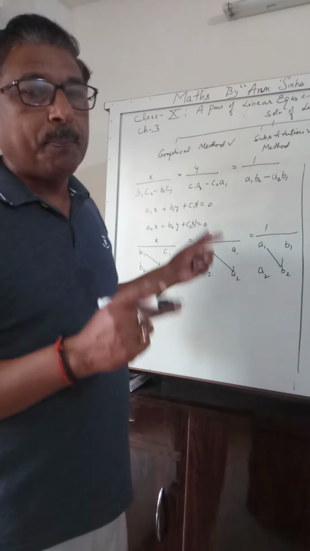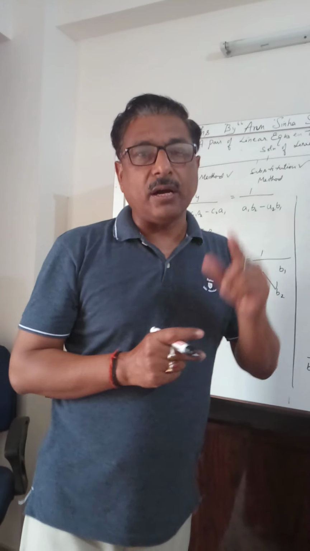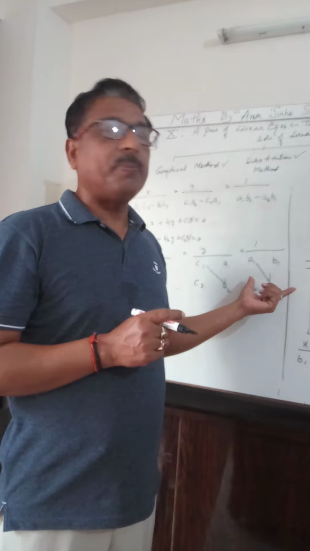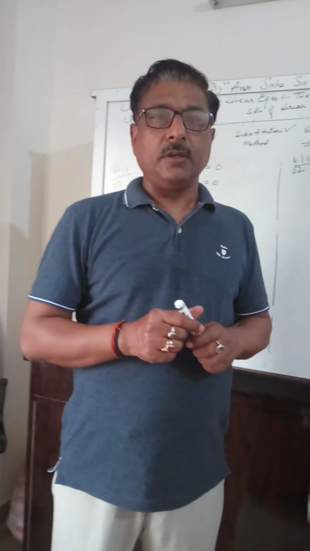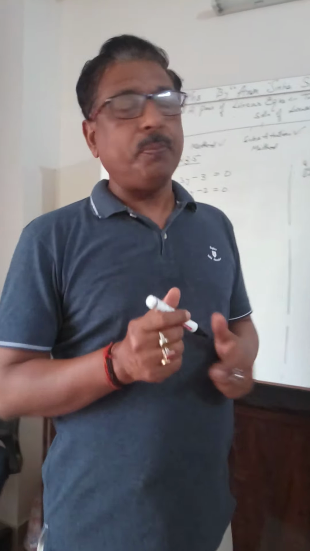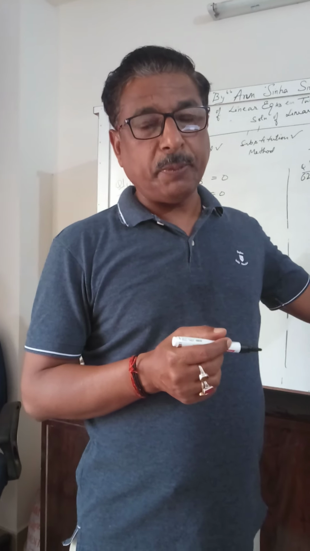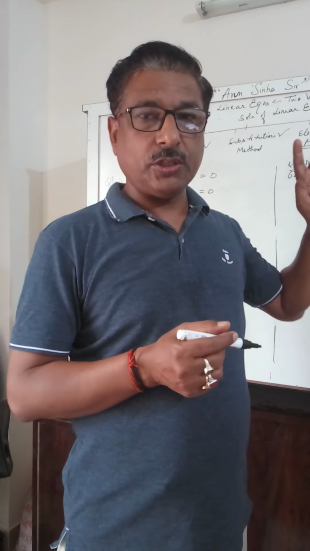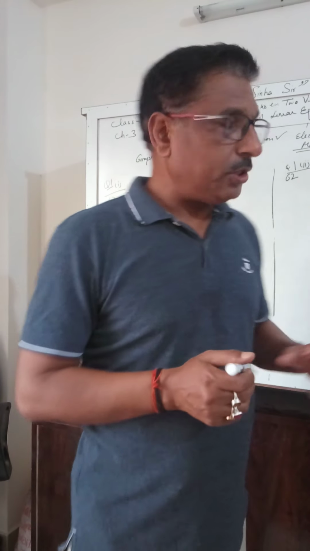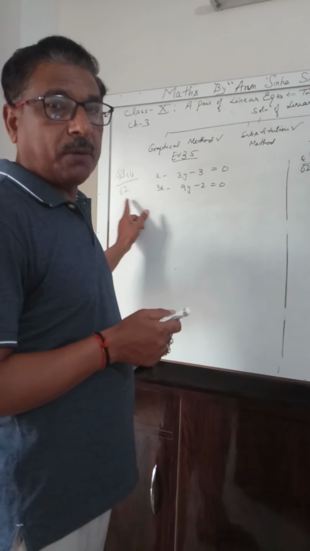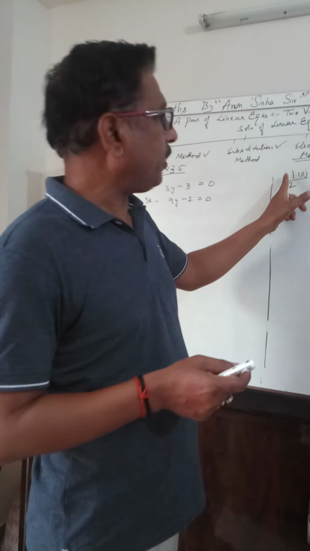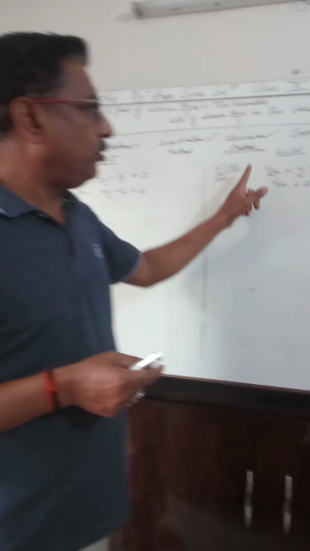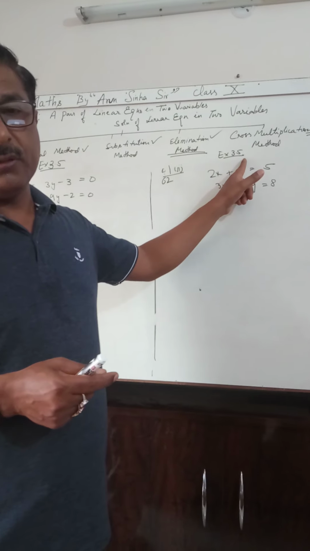Now we are going to apply the whole method in a question, how we are going to implement it in different questions. Now children, we are going to implement this cross multiplication method in two different questions. Okay, this is the question: first question, first part, page 62, exercise 3.1, and first question, second part, page 62, exercise 3.1.